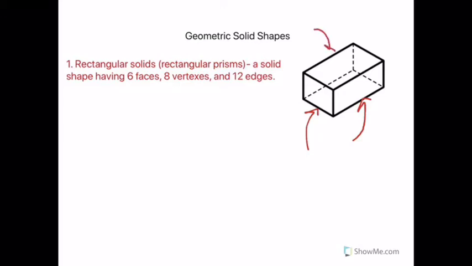This edge here, it's where the top face and the back face meet. This edge here is where the right face and the top face meet. So there are 12 edges, and then where the edges come together at a point is where we find our